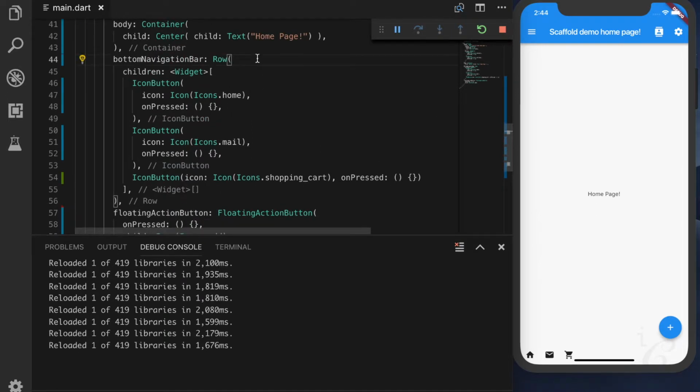Another thing which doesn't look nice is the bottom navigation bar. In order to align the components in a row, we have to understand a few things. One is the alignment in the main axis where the items are added, and alignment in the cross axis. There are two things which we need to understand with any particular widget: one is the cross axis, another one is the main axis.